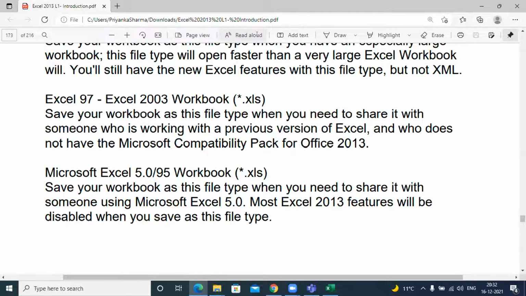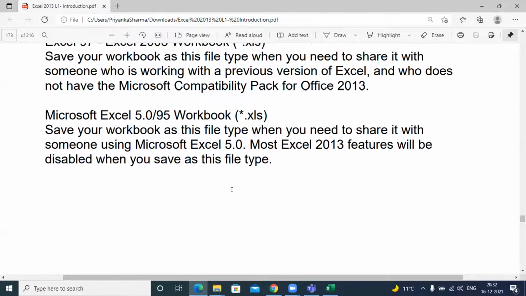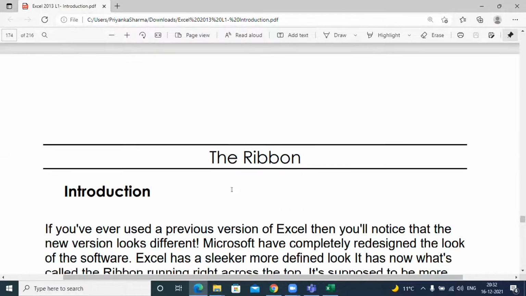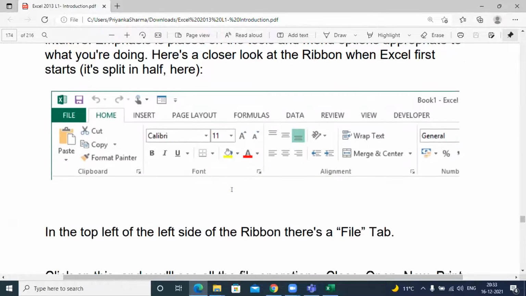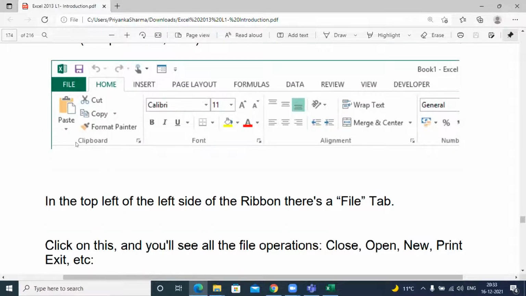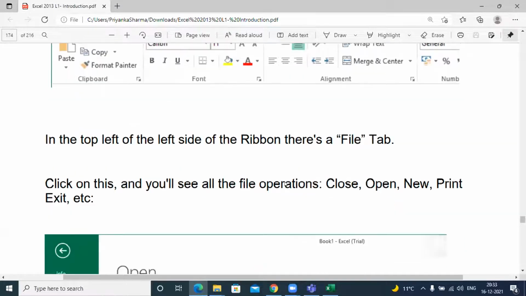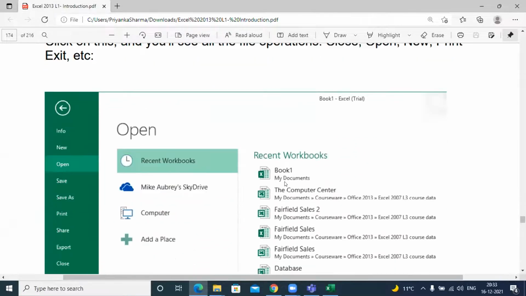Okay, let's move on to the next thing that we've got, and that is the ribbon. I know we discussed it, but now we are going to explore some new things on the ribbon which are not there in the older versions. On the top left of the ribbon, there is a File tab. As you click on it, you will see Close, Open, New, Print, Exit, different options.